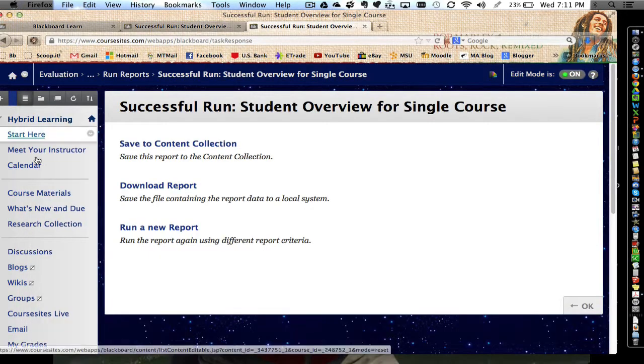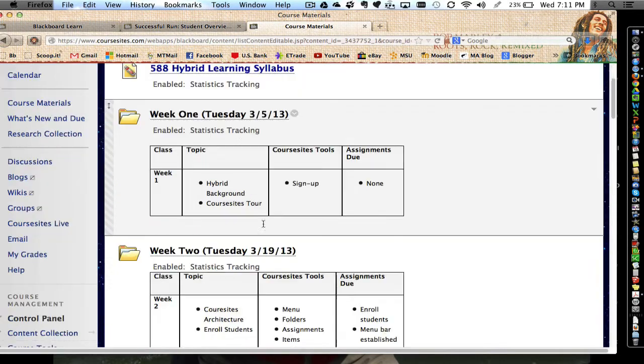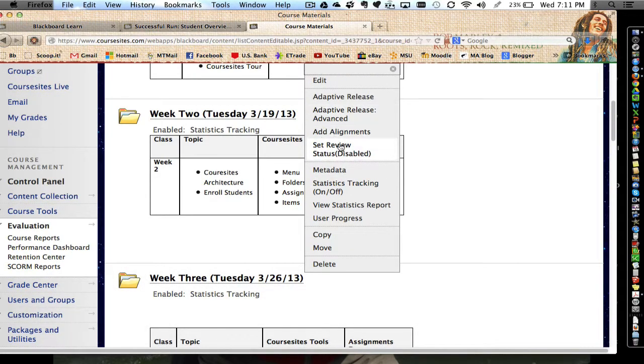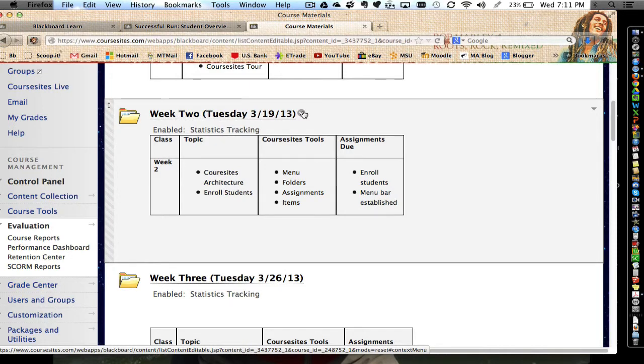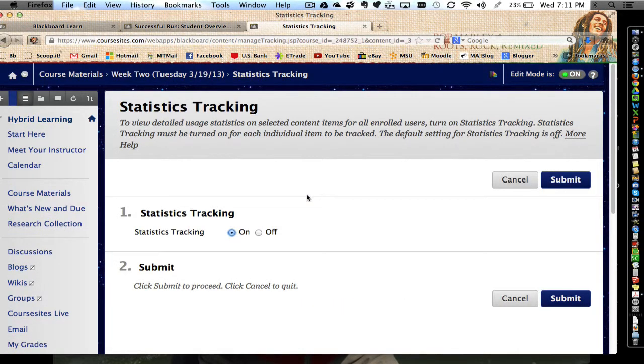Now do note, I'm going to jump back to our course materials area, and to be able to gather that type of data, it's very important that a teacher would select statistics tracking right here for either content specific items or an assignment or a quiz, etc. As well as you can select a whole folder or a whole module and do statistics tracking. So you need to make sure that that's turned on so that you can collect that data and run these